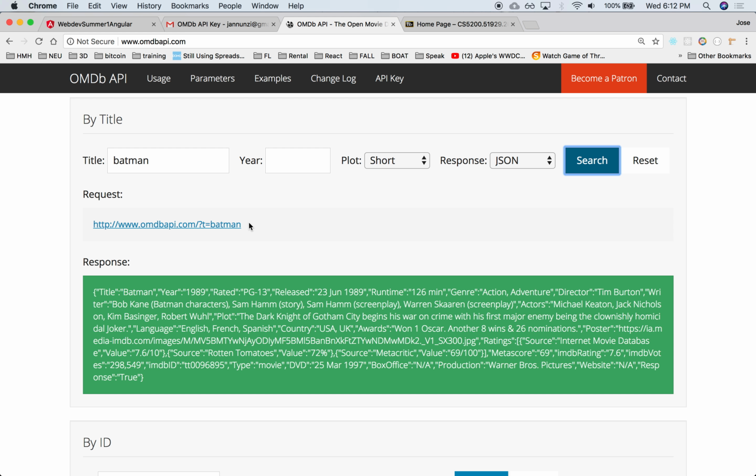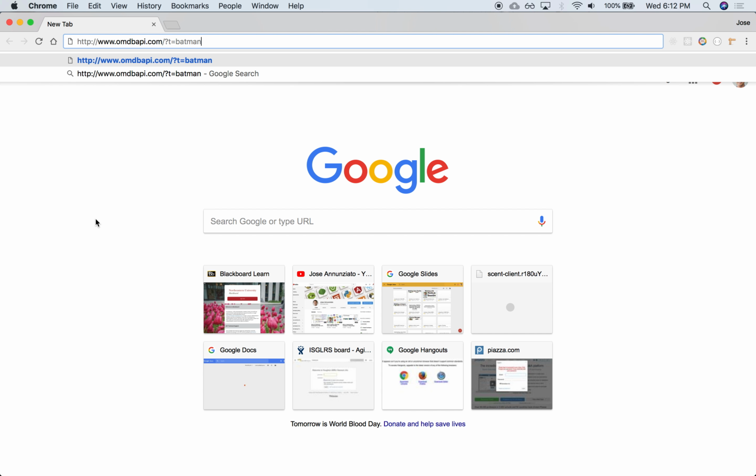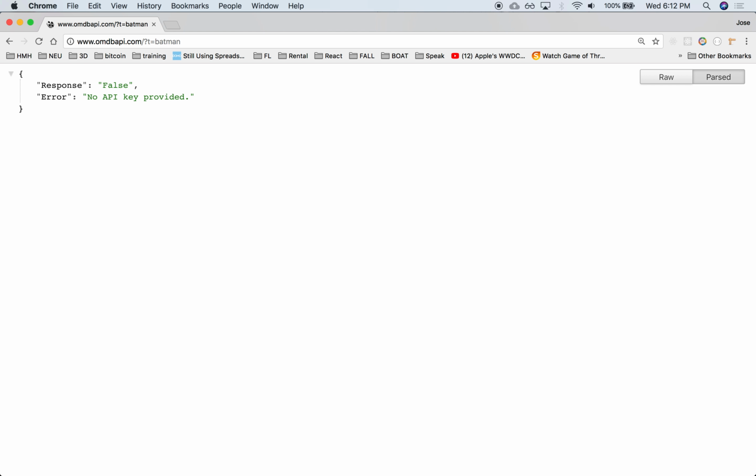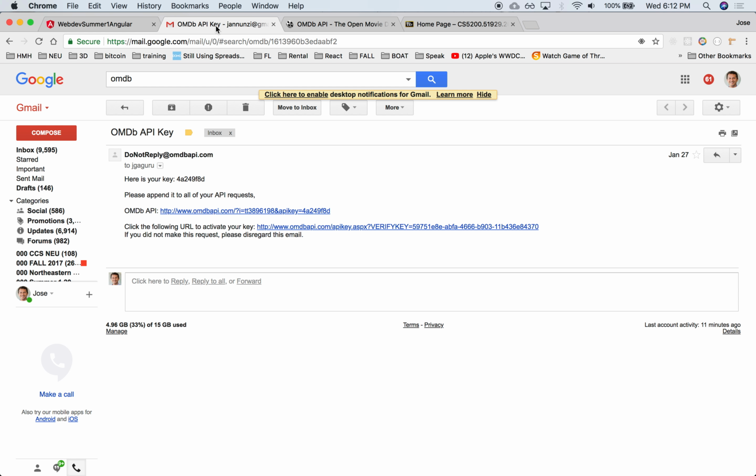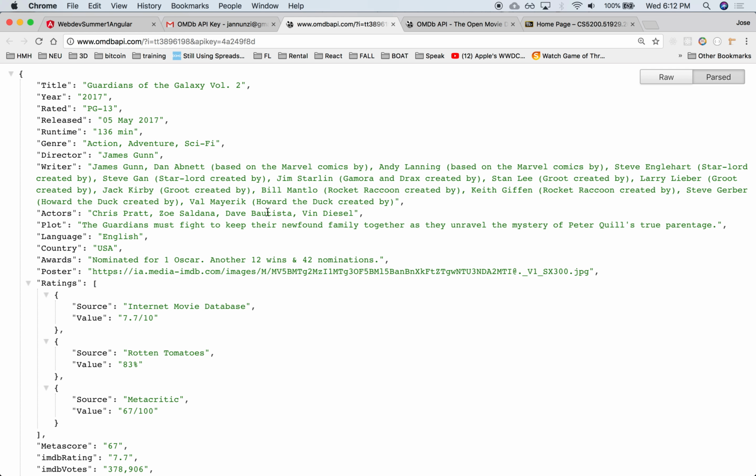And you can copy the URL, and in a new page you can, oh, it's okay. It wants the key. I don't have the key here. If you had the key, you would return the data. I think I have the key right here in one of the emails they sent me a while back, and it looks like this. So if you do provide the key, here, this is my key. Don't use my key. And if you provide the ID of that particular movie, you can query about that particular